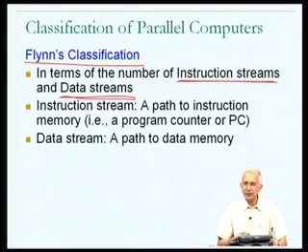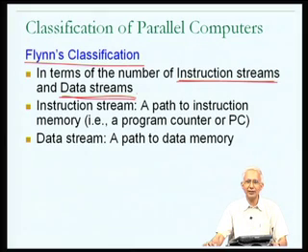A data stream is a mechanism through which data can be fetched from memory. And conceivably, a parallel computer which has multiple such paths would have multiple data streams. So in short, with these two concepts, Flynn proceeds to classify all possible parallel computers, but he doesn't use a